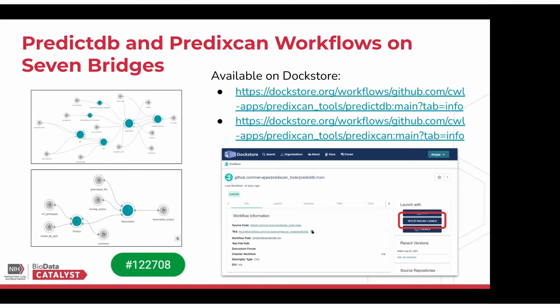And then at the bottom is the second workflow that we created, which takes the inputs, which are the gray circles, and predicts and then tests for association, which are the two tools that are the teal circles. Both of these we've made available on Dockstore. And for new users, one thing that's great about Dockstore is that if you go there, you can find these tools. I've highlighted on the bottom right in red the button that you can click to open these tools into your project on Seven Bridges if you wanted to use them for your own research.